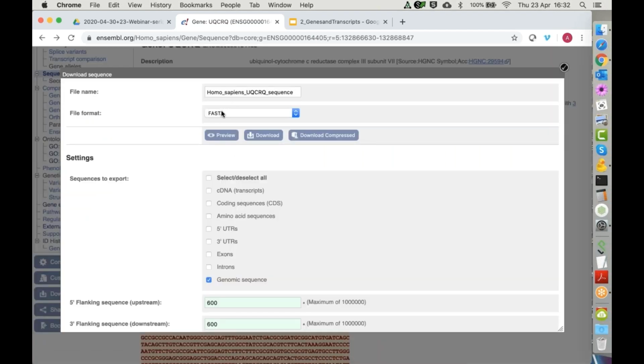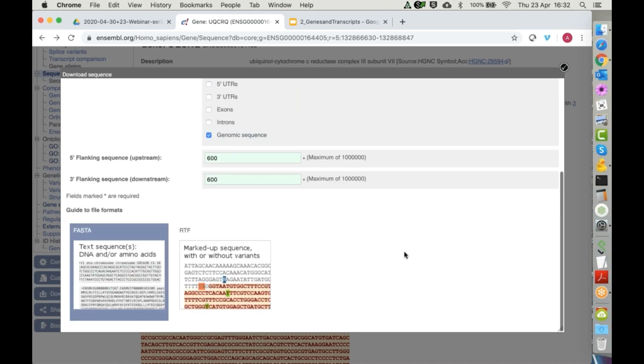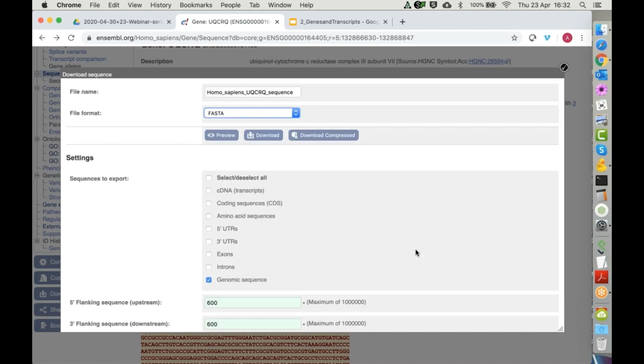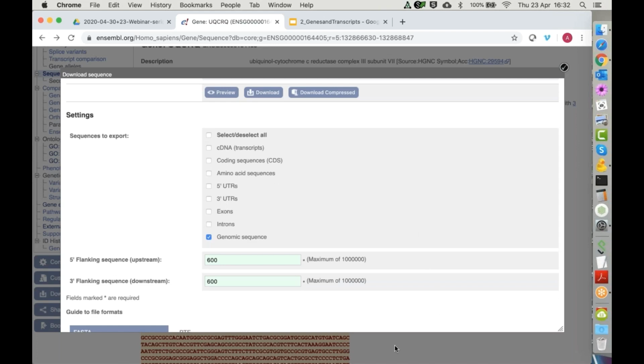You have options to download sequence in FASTA format, which I just described, and this is very useful for bioinformatics downstream applications. And you can also download the sequence in an RTF format, which includes the colored highlights that I've just described. This is a format that you can use in a word processor, such as Microsoft Word, and that a lot of people use, for example, for primer design. You have options to select what type of sequence you want to get here as well. I'm going to close this now again